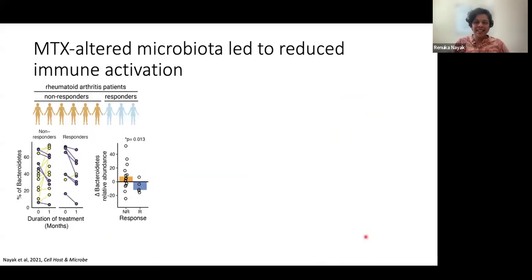So then that was in mice. We now turn to our patient studies. Again, this is a collaboration with Jose Scher, where we looked at rheumatoid arthritis patients. And initially I kind of had this naive idea that, like, well, we should look at all of them. And when we give methotrexate, there's going to be a big shift in the microbiome. And that's not what we saw. When you group all of RA patients together and look at the microbiome before and after methotrexate treatment, there's no consistent change. And so that was initially disappointing.